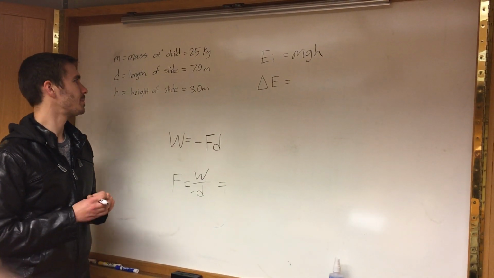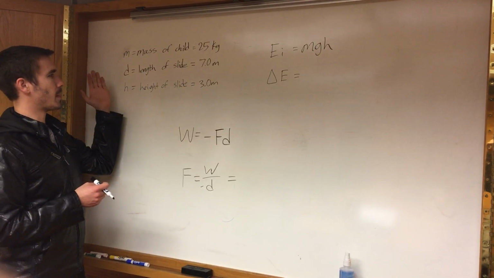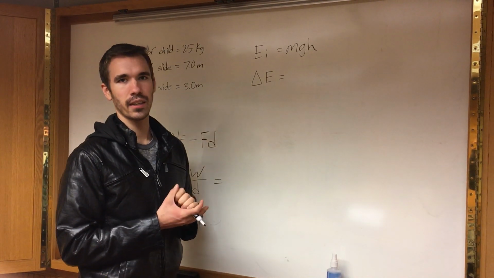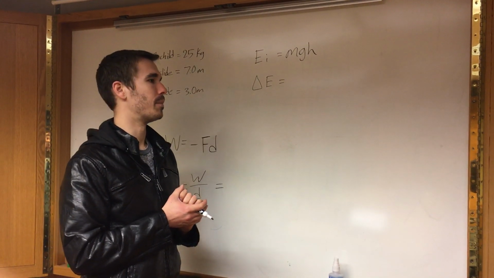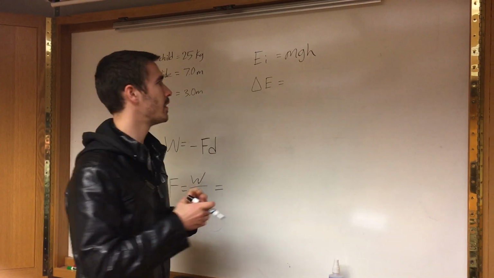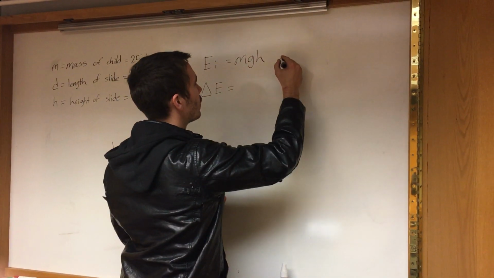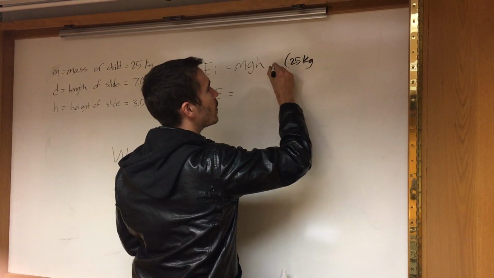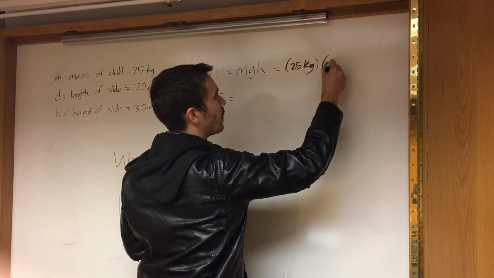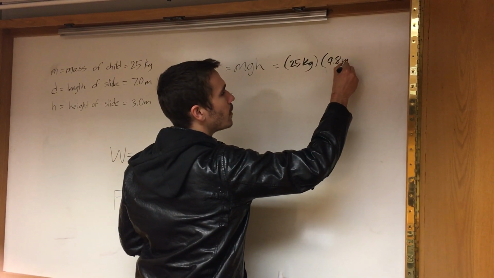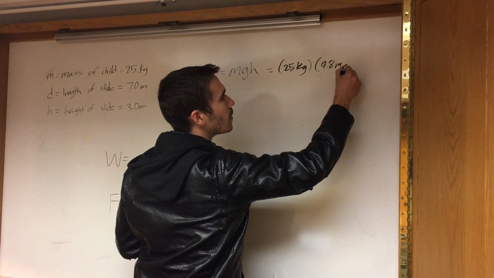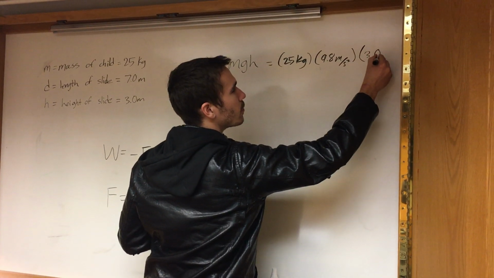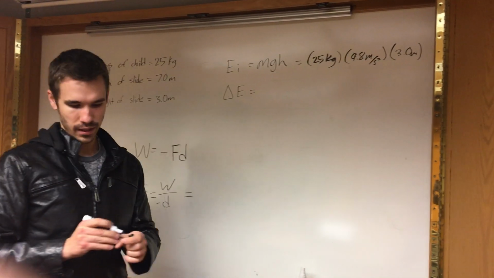So in order to do this question, once we've written down the information that we've been provided, what we can do is use this equation here, which will calculate our energy generated from the slide. So if we input the values we have, we should get the mass, which is 25 kilograms, times gravity, which is 9.8, times the height, which was 3.0 meters. If we put that in our calculator,